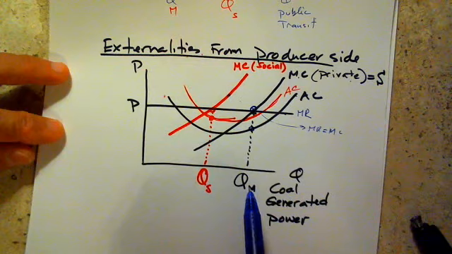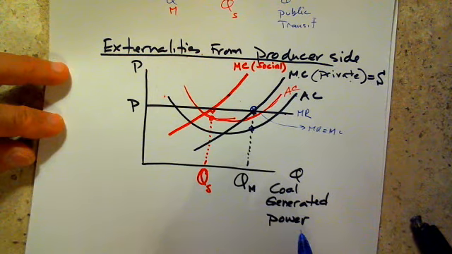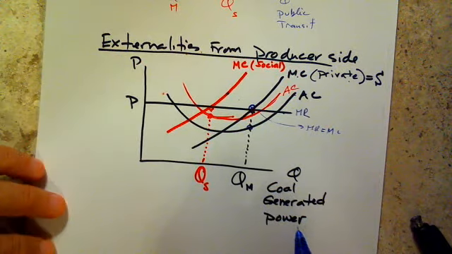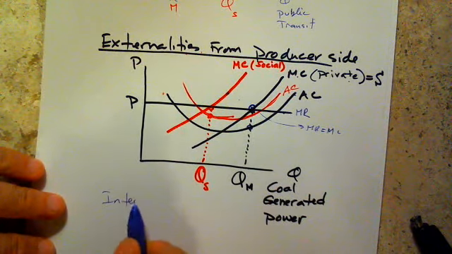So people far away from the production and consumption of the power by a power generator plant are suffering the consequences. Now imagine that we would approach this firm and say that you must internalize your externalities,